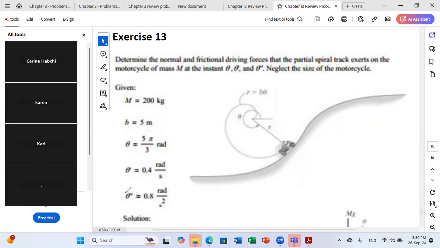Okay, but you cannot rely on the figure. You don't know if this theta is really 5 pi over 3 accurately. If you draw the tangent line you can draw it approximately, but can you be sure that your line is 100% right? Plus you don't know if this angle theta presented here is actually 5 pi over 3. You don't know, so you can consider any possible location and draw your diagram. In general, at any location, okay,